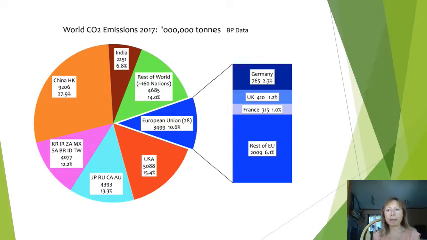You'll see that the number one producer of greenhouse gas emissions today is China, followed by the United States, followed by countries of the European Union, and then a number of other nations. If we look at this pattern per capita, the picture would be different. For example, per capita emissions here in the United States or in Australia or in Russia are significantly higher than per capita emissions in China or in India, because the populations of those countries are significantly larger.